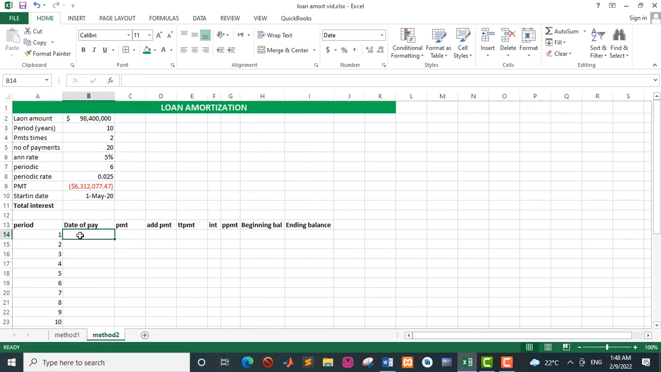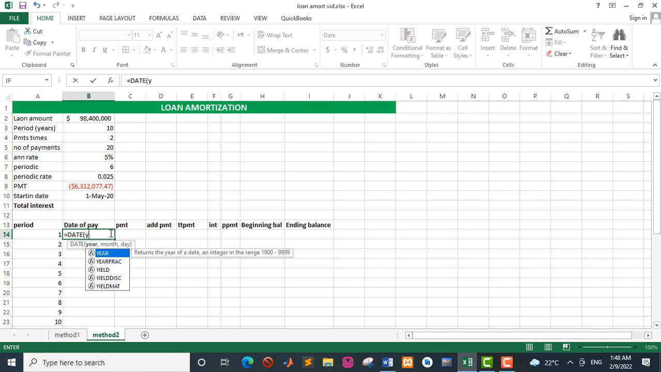That is the date of payment. Remember, we said it will be after every 6 months. So you put the equal sign, then you type date. After having typed date, you type year. Then you open the bracket and click on the start date that you put here. Then close the bracket, comma, then month, which is right here. Click on the same serial number, but remember we said it is after every 6 months,